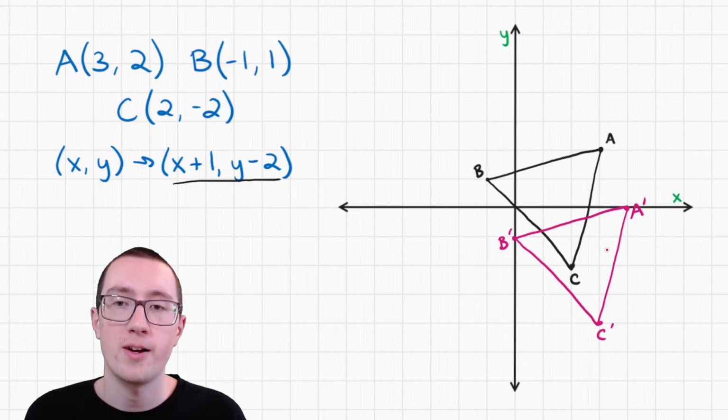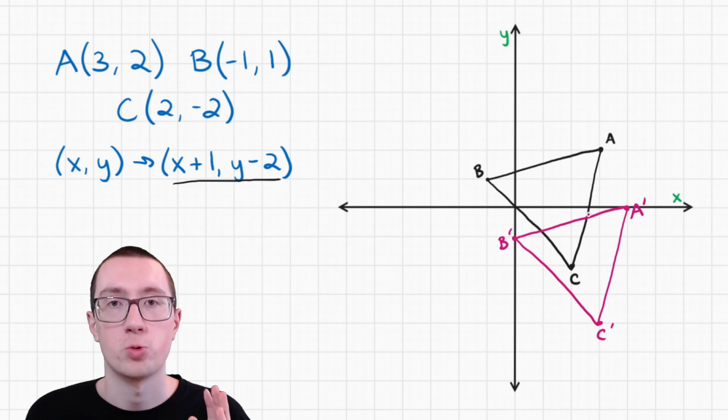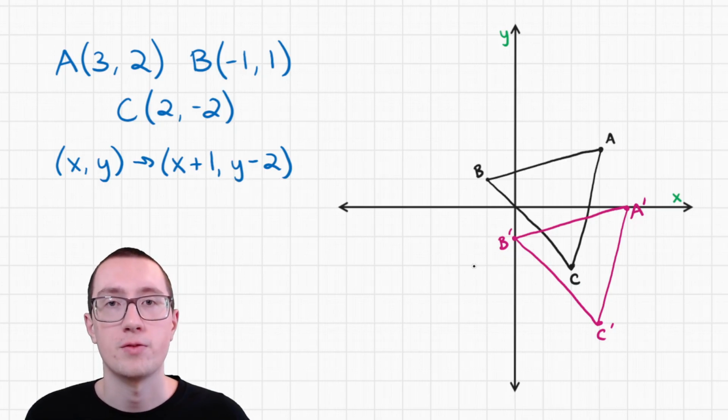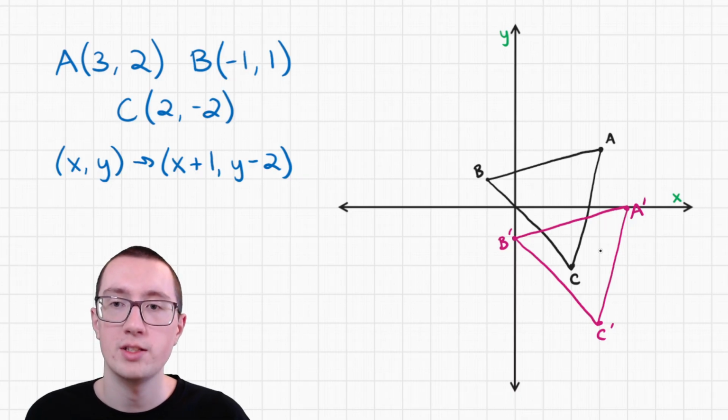It's the same exact triangle. We just moved it down a little bit and a little bit to the right. So a translation always keeps the same shape. It doesn't change its size or anything. It just moves. And if the problem also asks you to figure out the coordinates of these new points, then